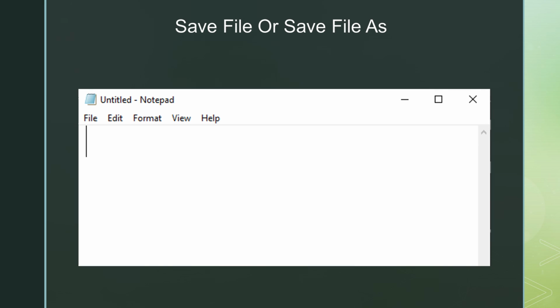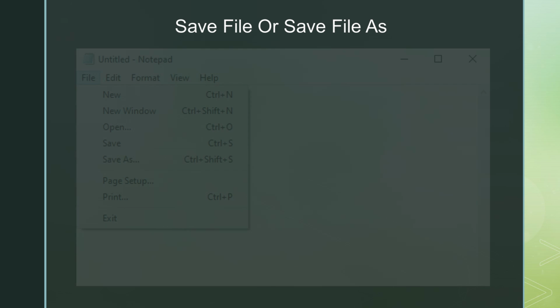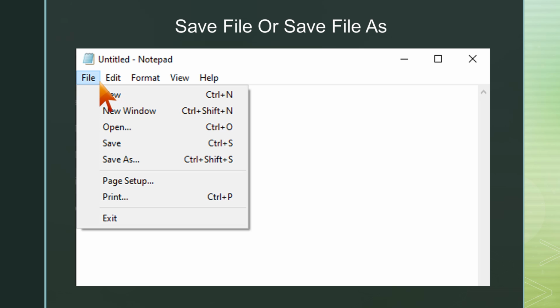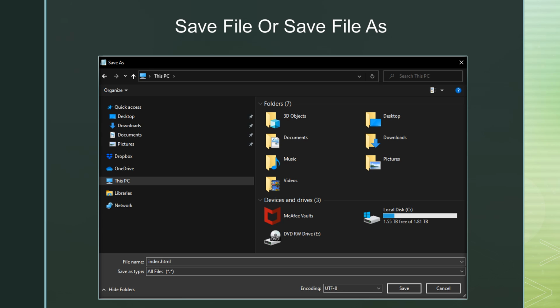Open your editor to a blank document. Next, let's save the document. Go to File in the menu at the top, and you can either click Save or Save As. Choose the directory and folder in which you want to save the page. At the bottom, inside File Name, type